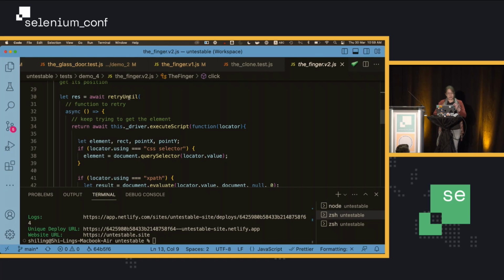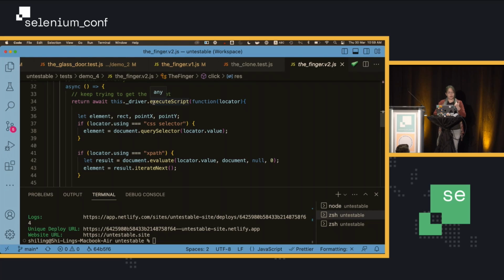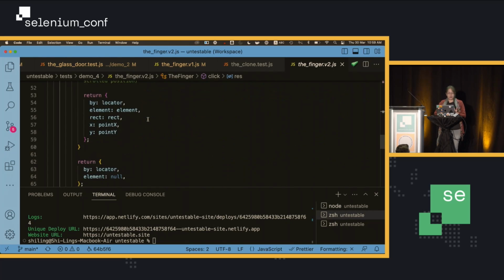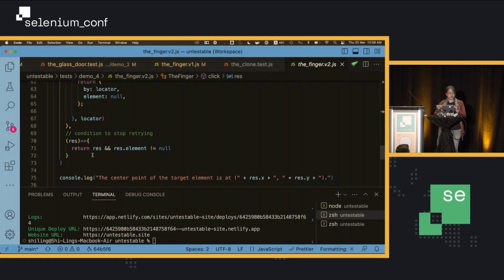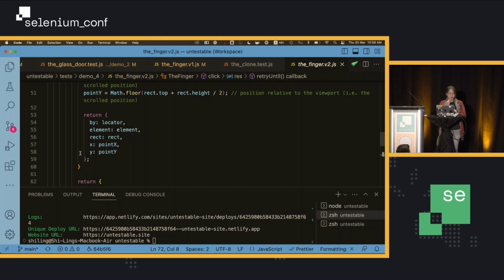It's going to keep retrying this function that will try to find the element and get the position of the element, and then it will have a condition for stopping the retry. By default, it's set to retry for 15 seconds. You can change the threshold, but I think 15 seconds should be good enough time for us to grab at least one of the clones and find out where its position is.